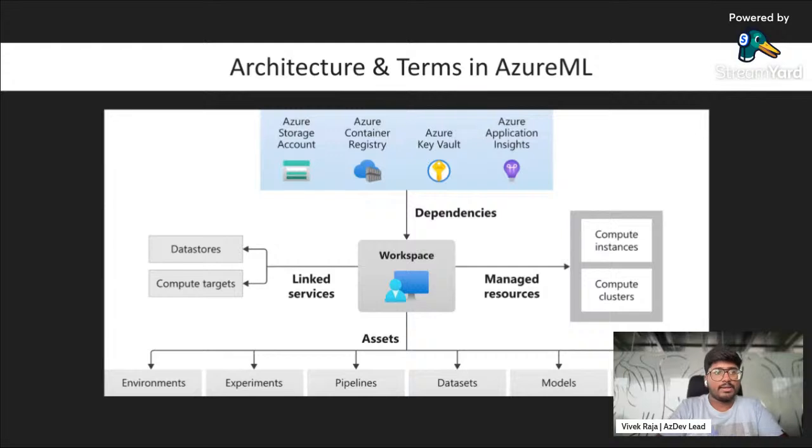So to install those instances on the fly, we use something called Docker. To store those Docker images, we use the container registry. Very simple. If you're not familiar with Docker, just ignore that and say that it's just installing a particular OS in an instance. Very simple, not the exact right terms, but something simple. Key vault is for authentication and to maintain the secret keys and everything. And Application Insights gives you insight about how the whole workflow works, or insights about logs and everything.